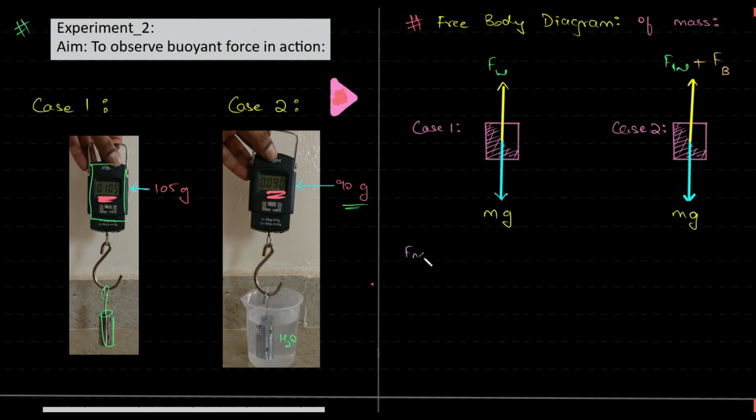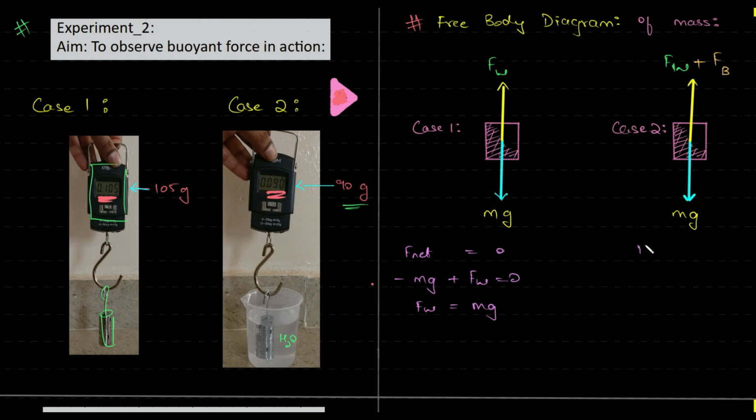We have F net over here to be 0. That is, the net force acting on this is 0 because the acceleration is 0. It's not falling. What does that mean? mg minus Fw should be equal to 0. So mg should be equal to Fw. Or even better would be, this is negative and this is positive. And so we have Fw is equal to mg. That is, the weighing machine will exactly measure the weight that is experienced by this particular object,